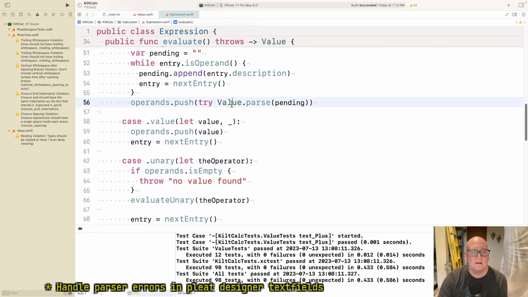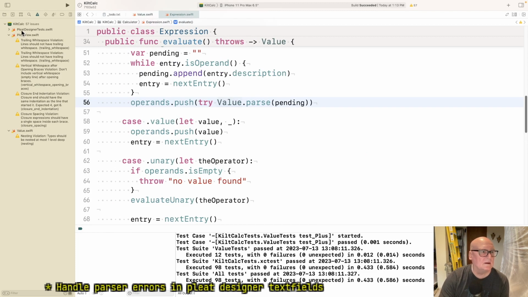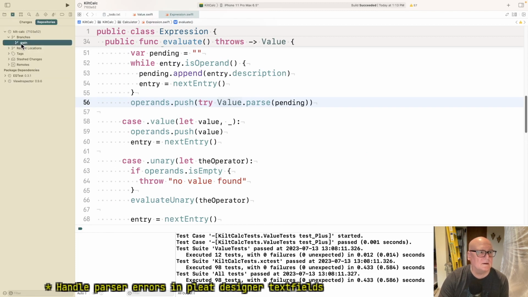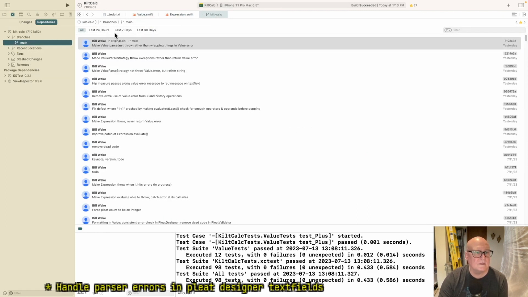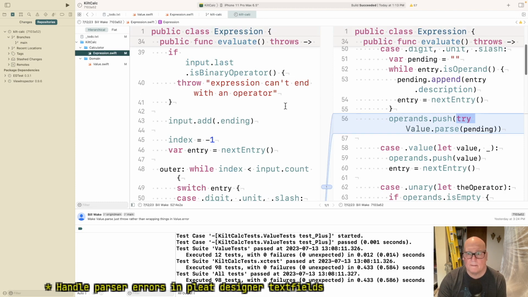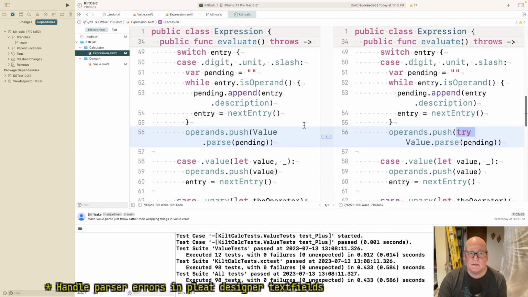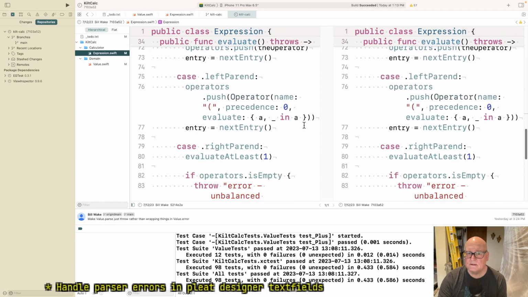Try value.parse pending. Oh, I keep losing that. How annoying. Value.parse pending. Same thing down on digit.